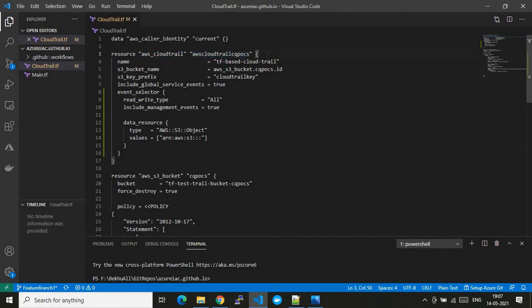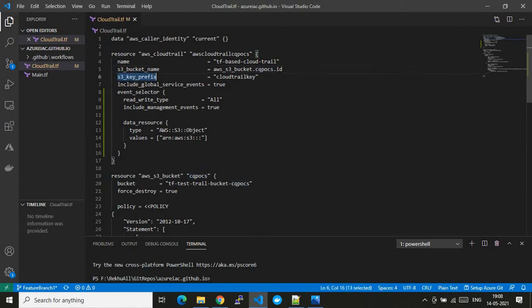Now inside this curly bracket block, we are giving the required parameters. To create a CloudTrail we need a name, so this is the name parameter, and it contains this value. And this is the S3 bucket, which I will walk you through later in this code block. I'm referring to the same S3 bucket here, where the CloudTrail logs will be stored.